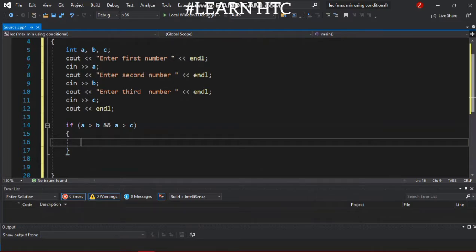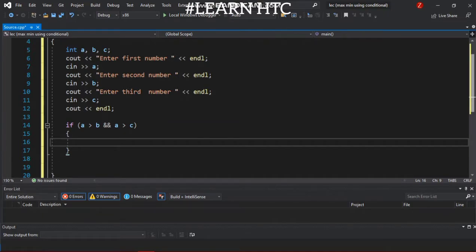Here we add a symbol which is called the AND operator. AND is a logical operator. You know about the AND operator: if both statements are true, then it will execute, otherwise it will not execute the body.